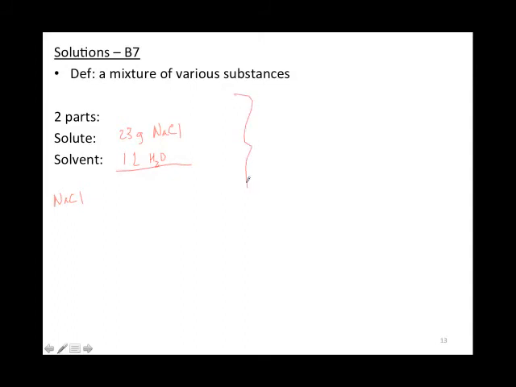Now, later on in the semester, well, very soon actually, in Chapter 3, when we talk about transport processes that are occurring in the cell, and in lab number 2, I believe, you're going to be talking about something called osmosis. And it's really important in order for you to understand osmosis that you understand this relationship between solute and solvent. I will be addressing osmosis in lecture when we get to Chapter 3 and reviewing that with you. But if you understand this basic idea of what a solution is and its relationship to solutes and solvents, I think that will help you in the long run in understanding osmosis.